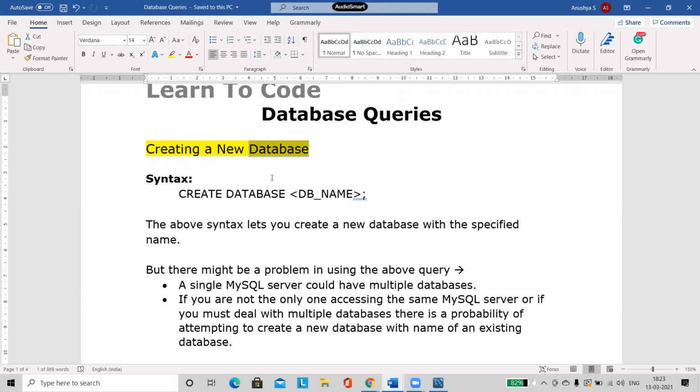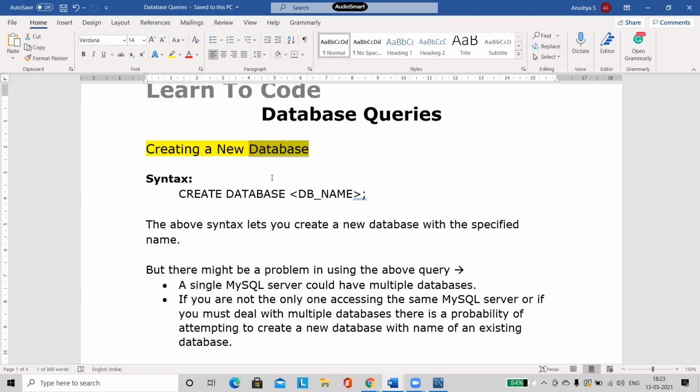And we always know what a table is: made up of rows and columns. So we are going to store our data in the form of tables, and we are going to put all these tables inside a database. Understand the hierarchy very carefully. First comes your database. Inside the database, you will have multiple tables. We can create different tables inside one single database. You can have even thousands of tables inside a database. It is our choice. So the first step is a database, and inside a database, we will be creating the tables.